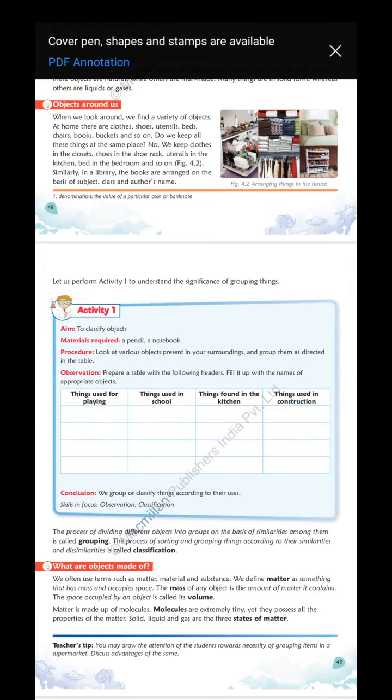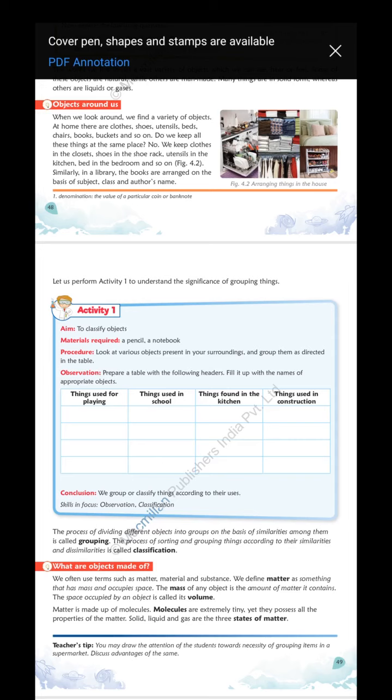Grouping is based only on similarities. Grouping means according to similar properties. For example, Kaushik and another boy both belong to 6th class. Boys group, similarities are boys. And classification is based on both.